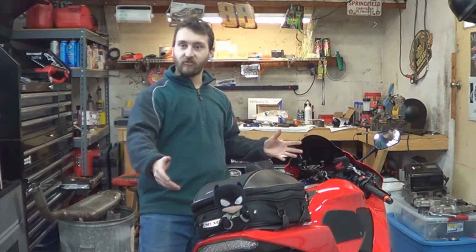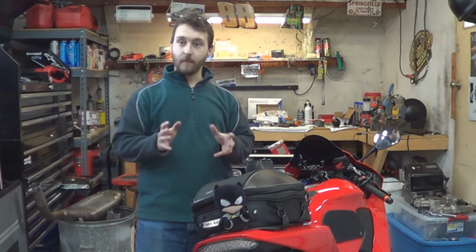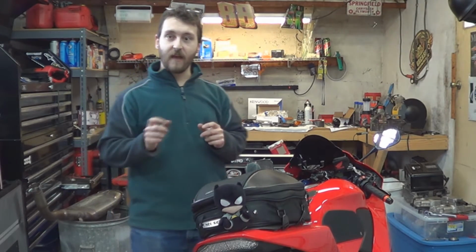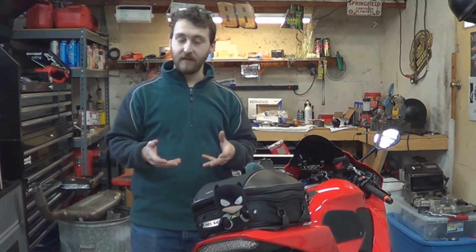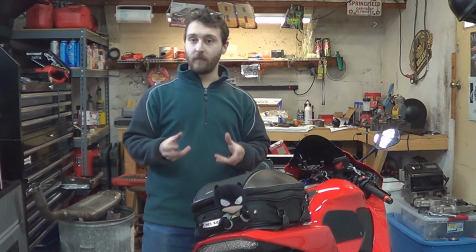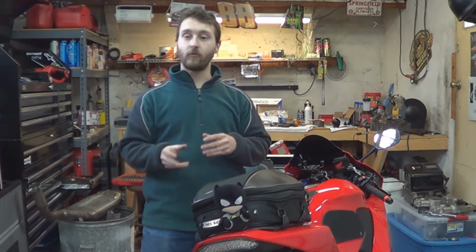Okay, my crash protection is in and it looks pretty well. Even the side engine cover that I put on came out pretty decent. Now I don't have the hands of a surgeon, so my steady hand did not do well with a Dremel. The guy at TST made it look incredibly easy. I'm sure if you are a surgeon or you have a steady hand, it will be easy, but I did not. So I had to end up taking more and more off than I wanted to,